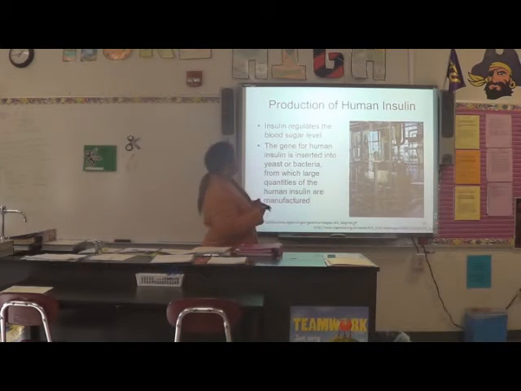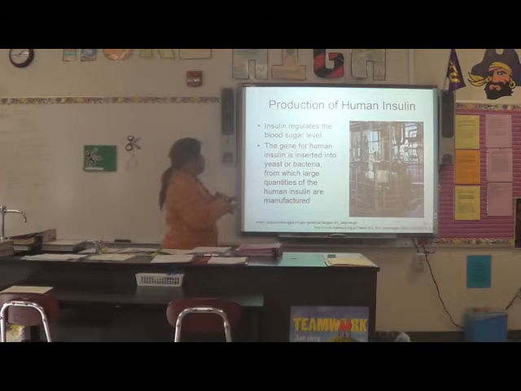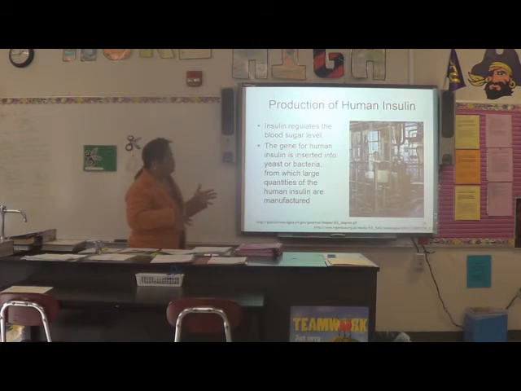Now, the production of human insulin regulates the blood sugar level. The gene for human insulin is inserted into the yeast or the bacteria, from which large quantities of human insulin are manufactured, and this is what takes place as we do that. We also have to use this for when we make other genes that we need for other production of other